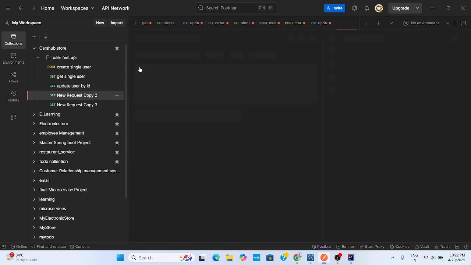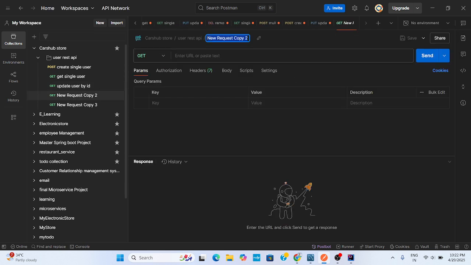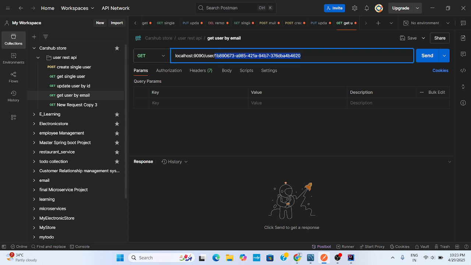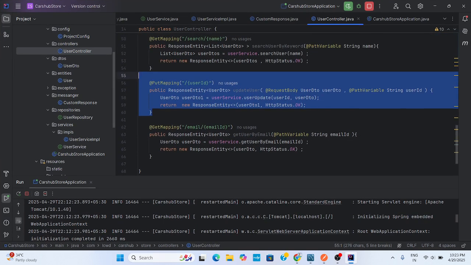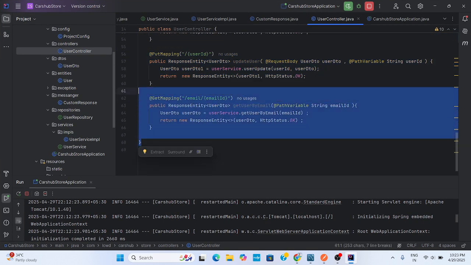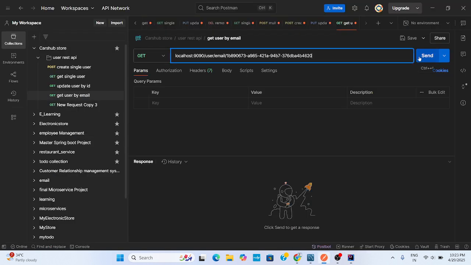Now we will get the user by email. I want to check this endpoint, so we will do the request.